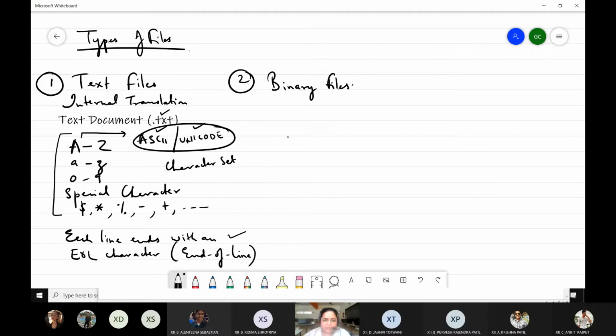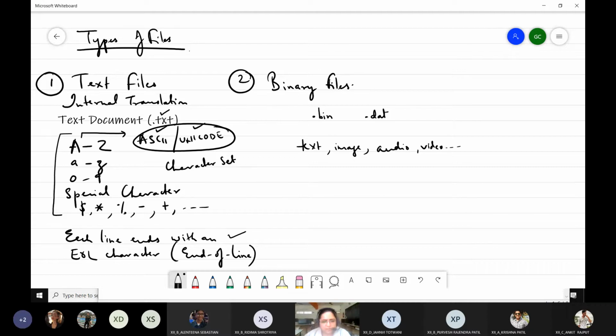Now next is binary files. What are binary files? In binary files, sometimes their extension is .bin, which is binary. Sometimes we can also write them as .dat, that is data files. Binary files can save almost any type of data: text, image, audio, video, and so on.